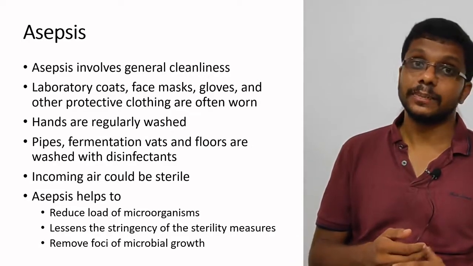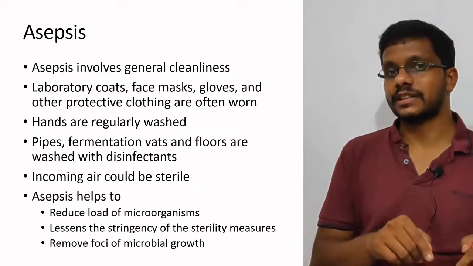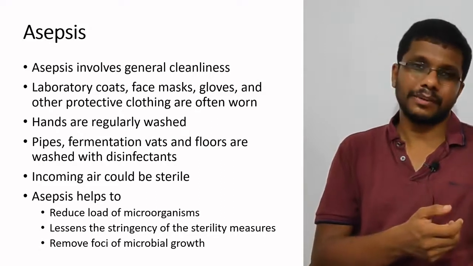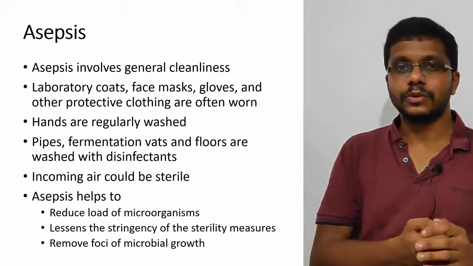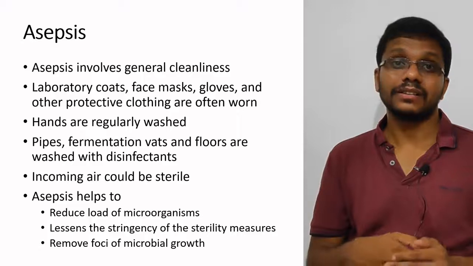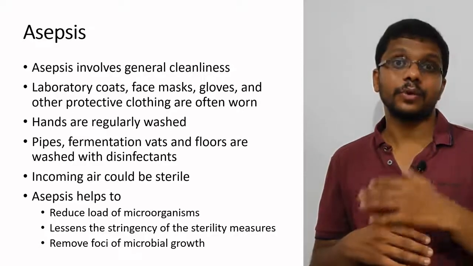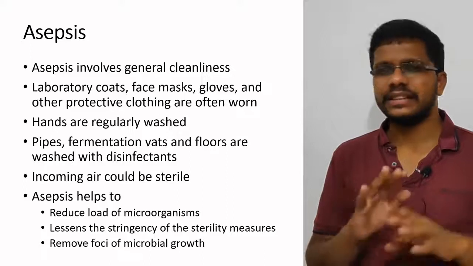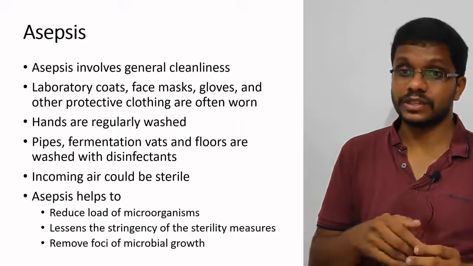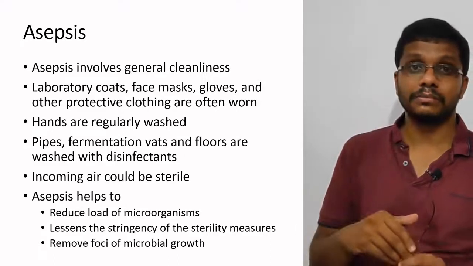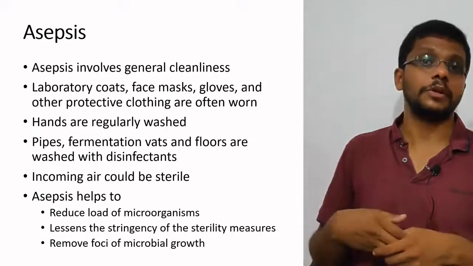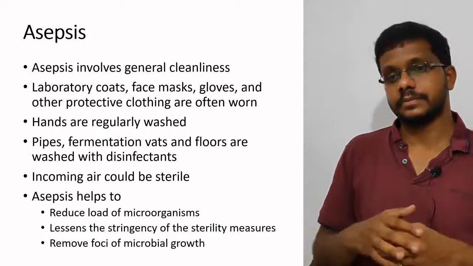It is especially important in protected fermentation. Even if the fermentation is protected, if you are doing things like that along with the fermentation, it may cause severe harm. If you are making curd with 200 milliliters of milk or 1 liter of milk, it's okay. But if you are doing it on an industrial scale, a contamination will cost you too much. So in order to prevent that, general cleanliness should be maintained. The pipes, fermenter walls, and floors are washed with disinfectant. If you go to an ISO 9000 company or something like that, they will be wiping the floors continuously with disinfectant to avoid contamination.